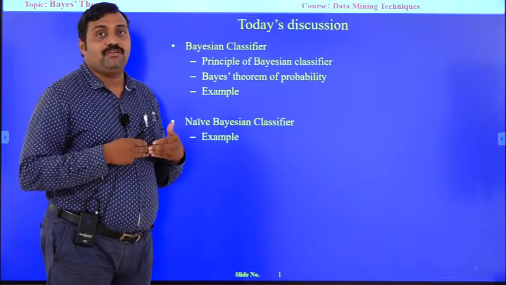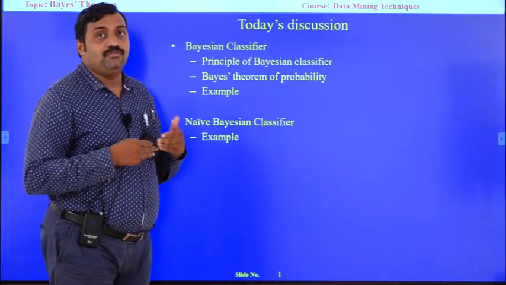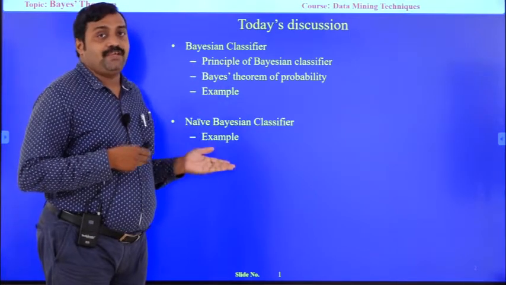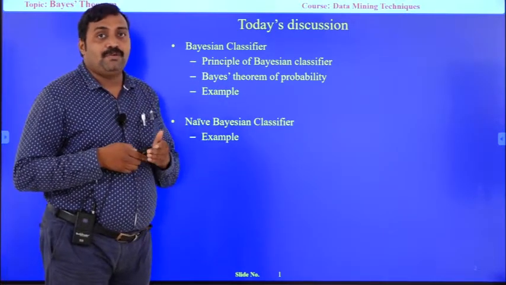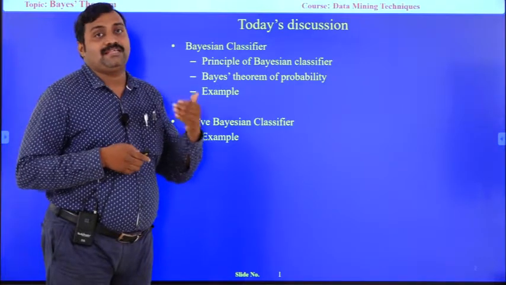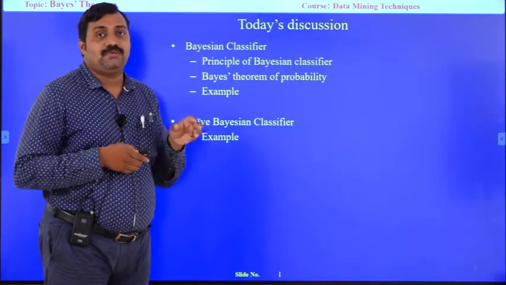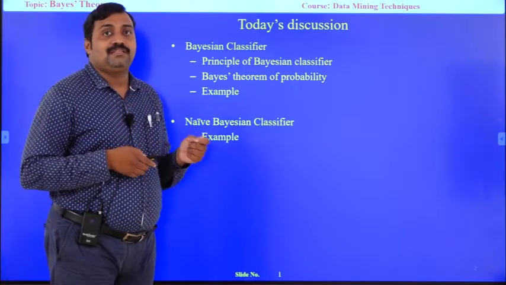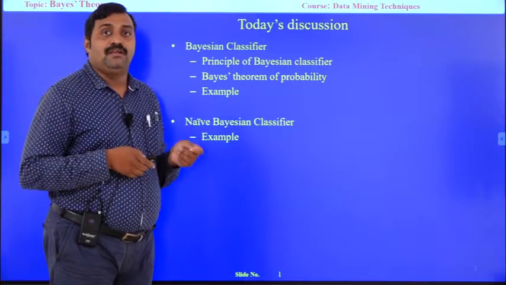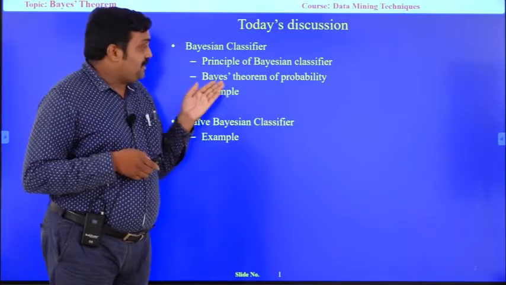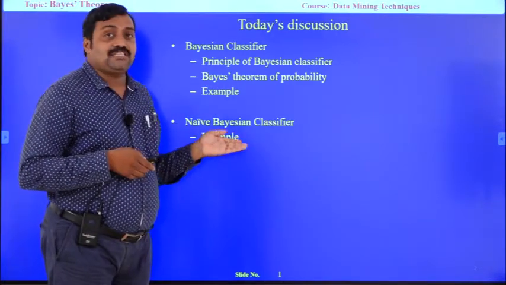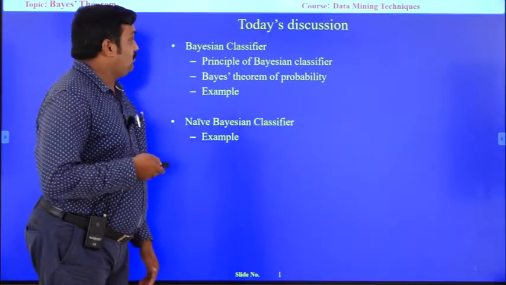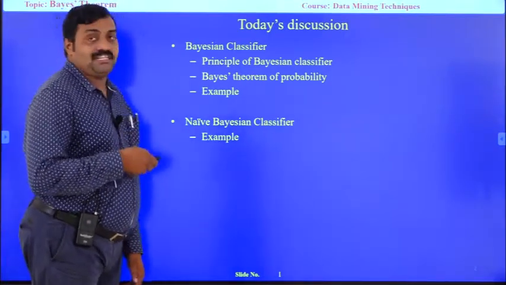So, here we are going to do Bayes classification and the naive Bayes classifier, and see how we implement them on any given data set. I am going to take a simple data set which we already discussed in the earlier session on decision trees. The same example I am taking here. Again we are going to apply Bayes theorem as well as the naive Bayes classifier on the same example. Okay. Now, the first session is the Bayes classifier.